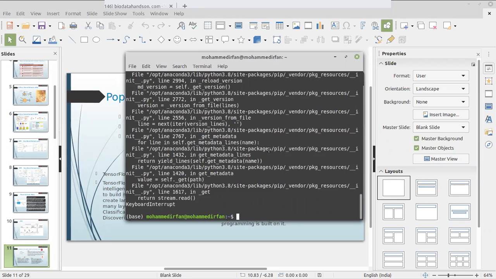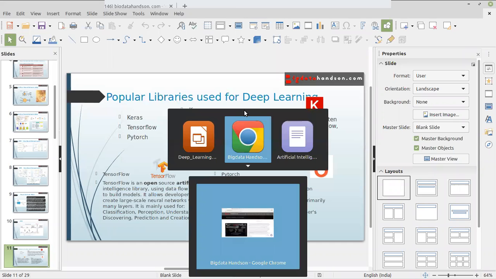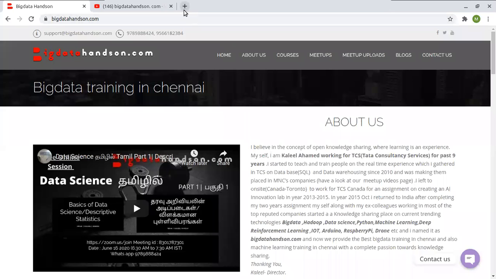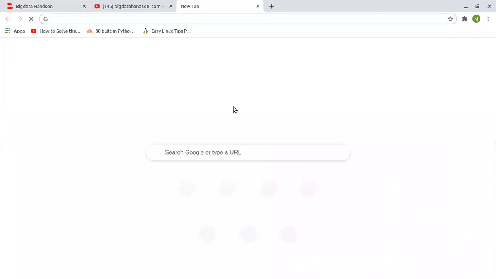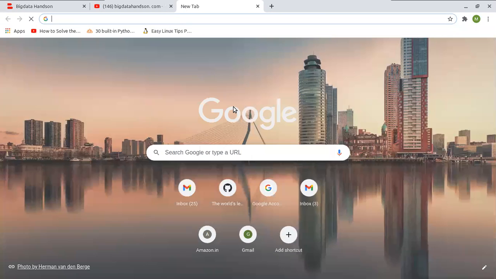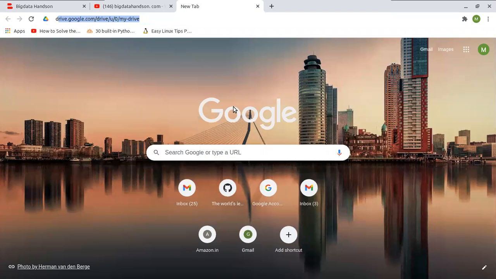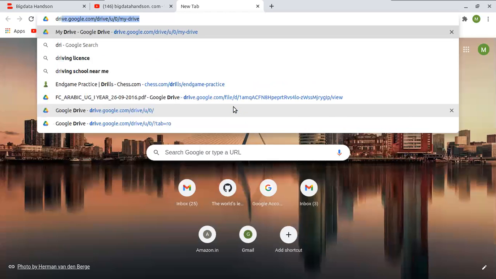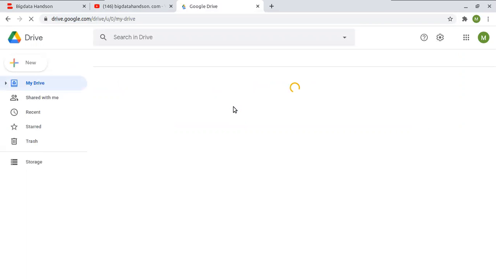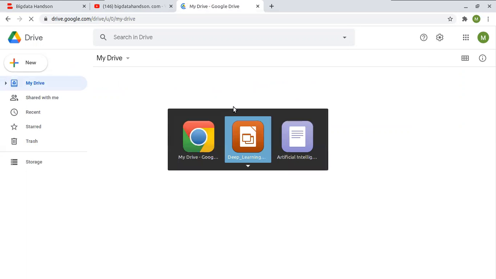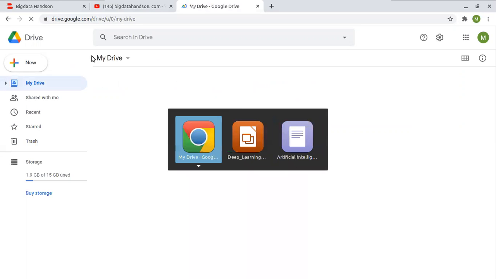If you don't want to install it on your local machine, I also don't have TensorFlow and Keras on my machine, so I'm going to use a different environment, that is Google Colaboratory. In Google Colaboratory, you don't have to install these libraries. They're already installed in the environment, so you can just connect to it and use it. That's what I'm going to do today, because I haven't installed TensorFlow till now.